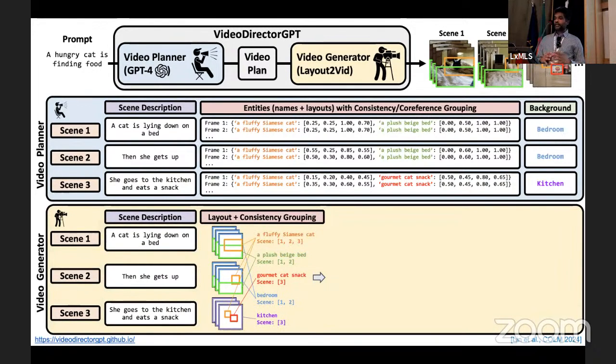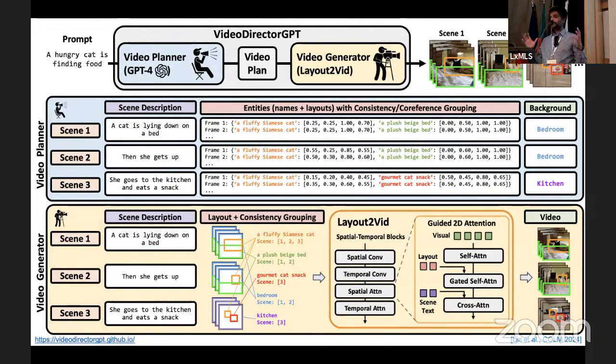And so then this is the plan. And then the second part is the video generator, which takes this whole plan of all the bounding boxes and the shared colors. And then it takes a single scene video generation model, and its spatial temporal blocks. And the only thing it needs to do is we introduce these guided 2D attention modules, whose job is to basically force the model to respect the layouts, the bounding boxes that we forced it to generate in the video.